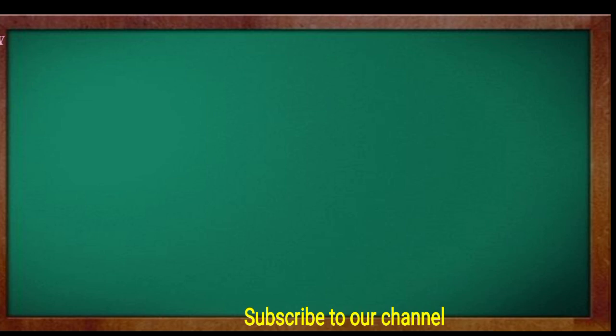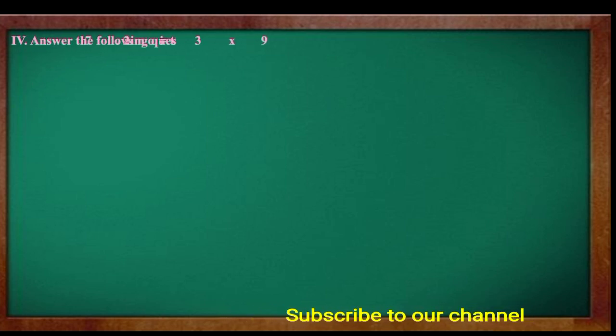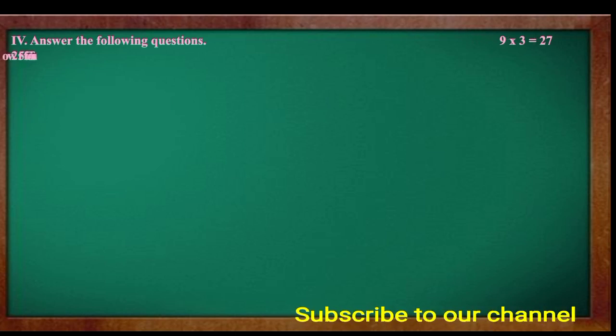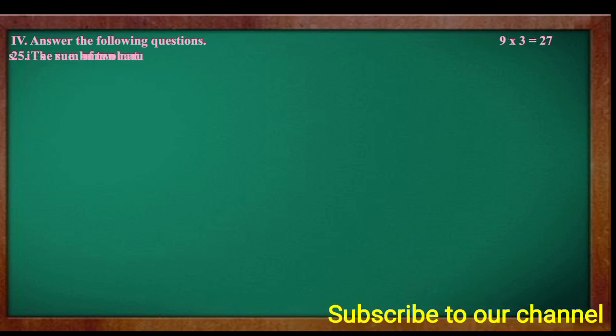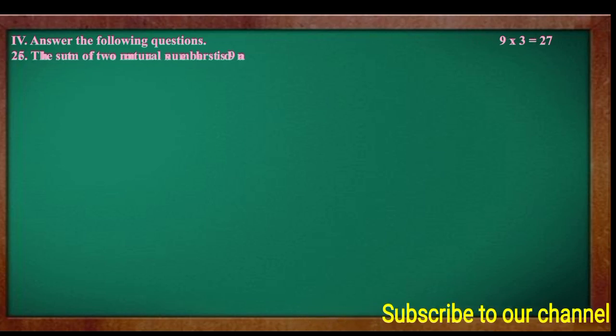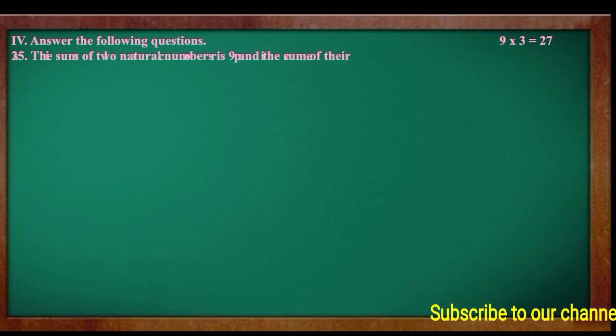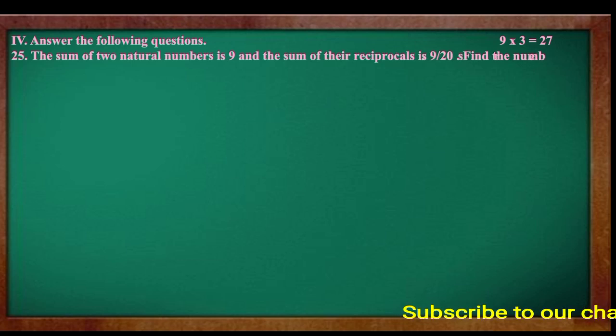Here is the first question, 25th question. In the question paper you already know 9 questions will be there of 3 marks. In that first question: the sum of two natural numbers is 9 and the sum of their reciprocals is 9 by 20. Find the numbers. Solution: